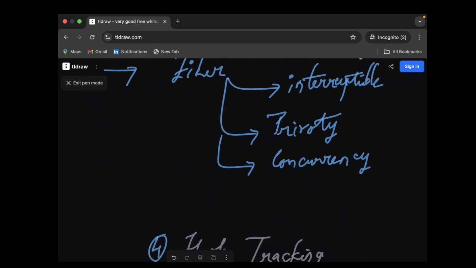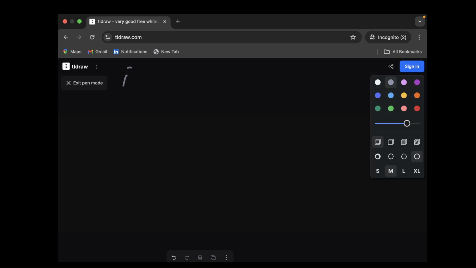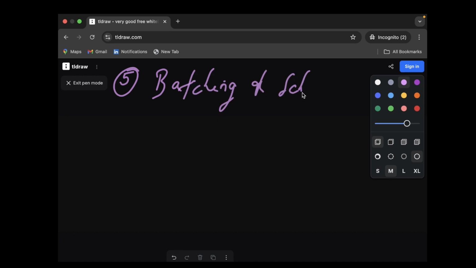The last thing that we do is something called batching and scheduling. The fifth thing that we perform is batching. Now this came in React 18 and above versions, right? This batching works even inside timeouts, using a feature called automatic batching. We'll see what this batching is, and why we say